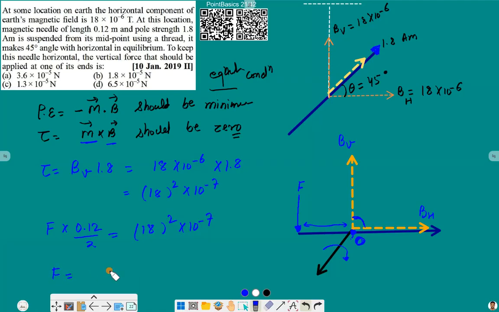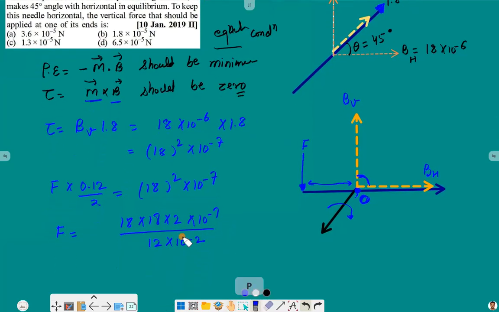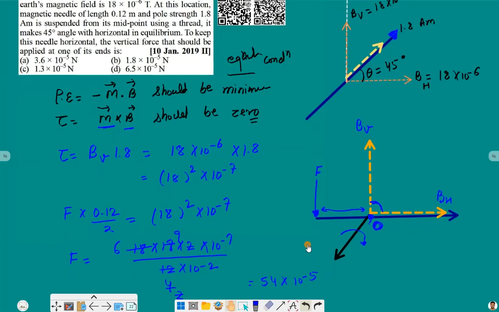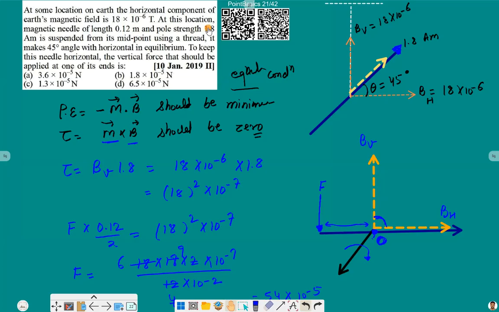And from this, force comes out to be 18 into 18 multiplied by 2 into 10 raised to power minus 7 divided by 12 into 10 raised to power minus 2. So it will be 54 into, I think, 10 raised to power minus 5. And so we made a mistake here. After carefully looking, I realized that 1.8 was pole strength,